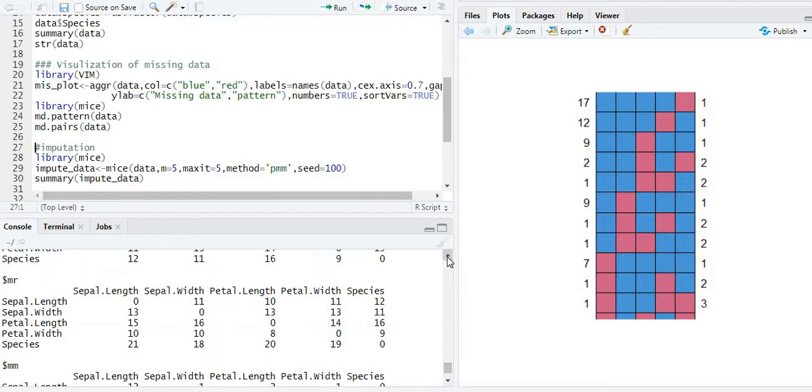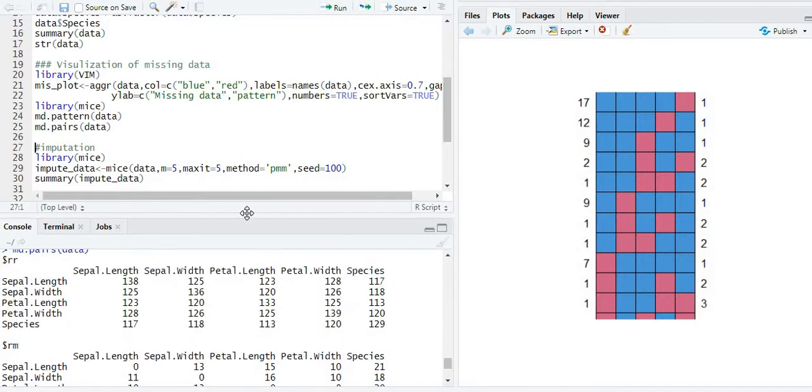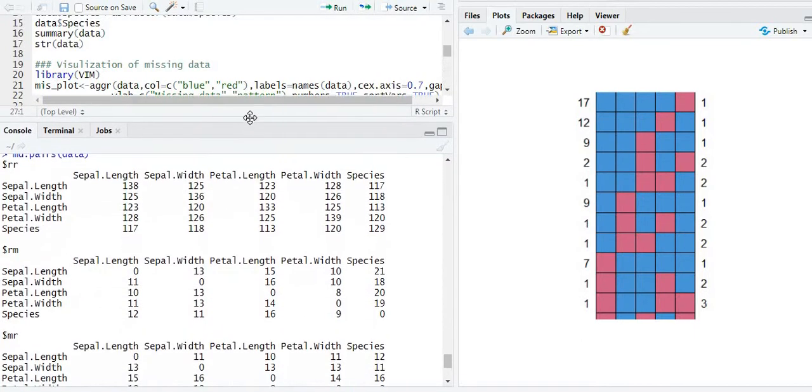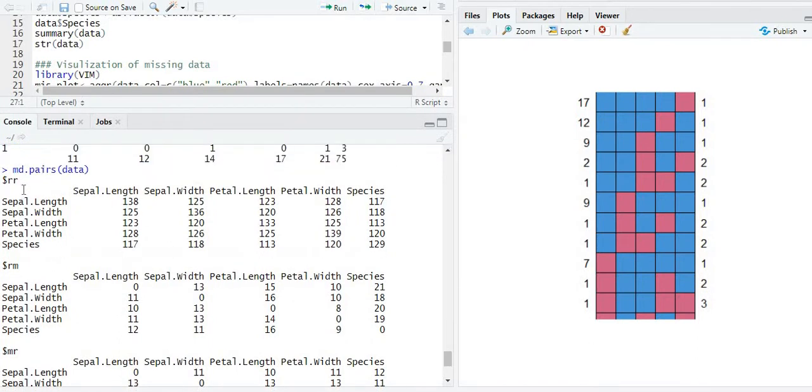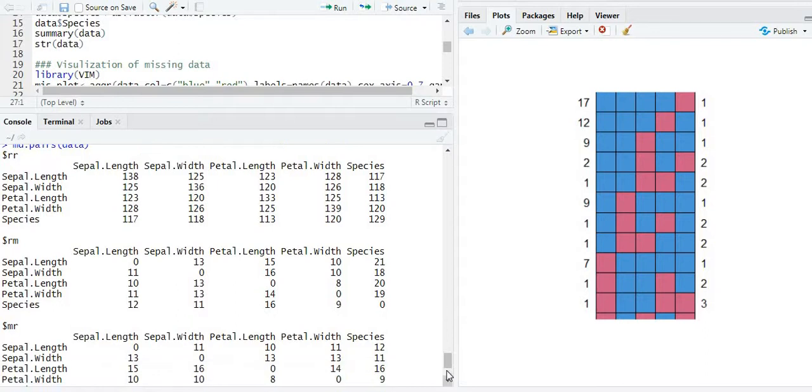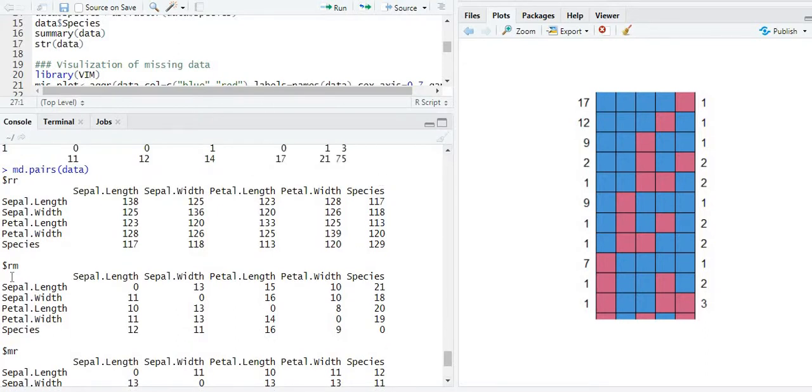You can see the output here. The R versus R table is observed versus observed data. The second table is for observed versus missing value data.